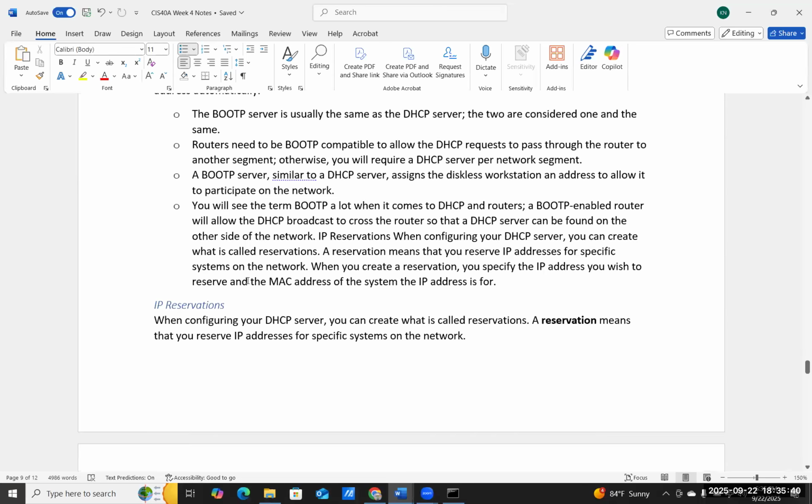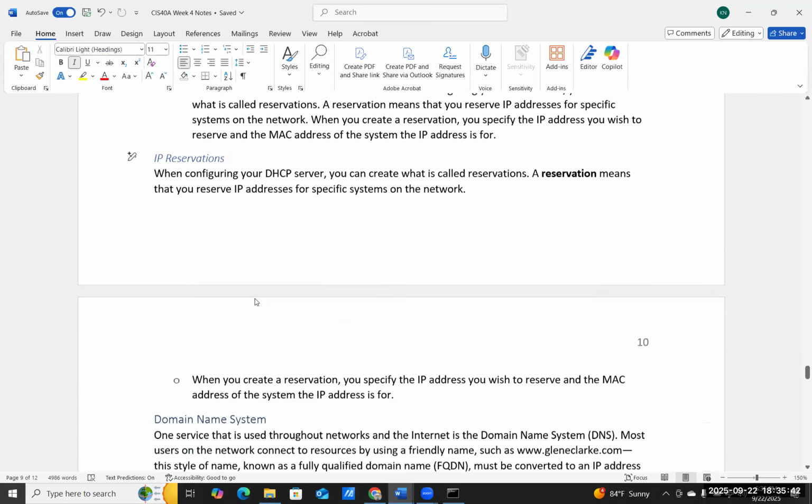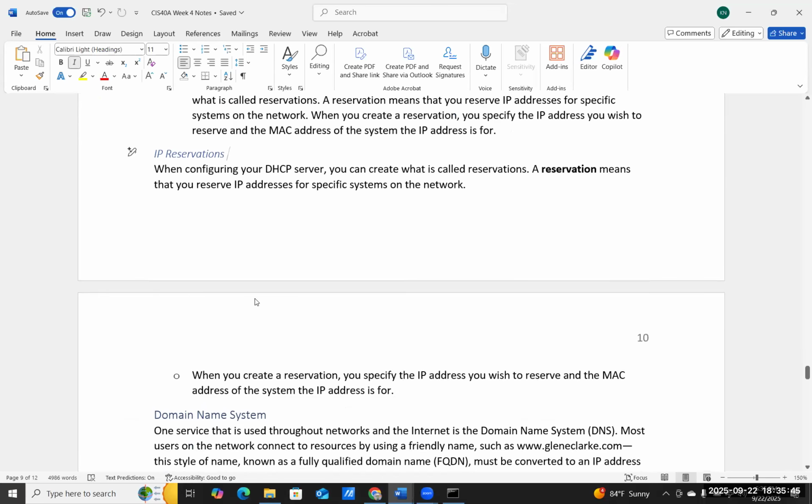Okay, let's talk quickly about IP reservations. Let's say that you have a server that gives out IP addresses to thousands of systems. But then you decide that in that group of IP addresses, you want to keep some for other servers, for other appliances, like a network intrusion detection system, or any dedicated system, right? That means it's shared or used by a lot of systems. We don't change the IP address. We keep the IP address static